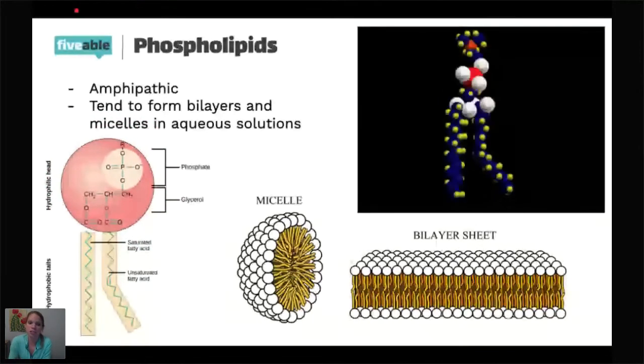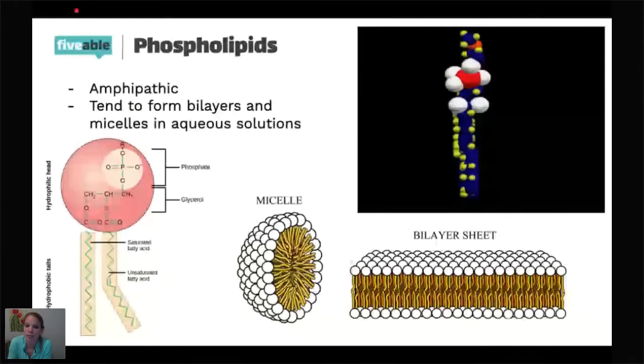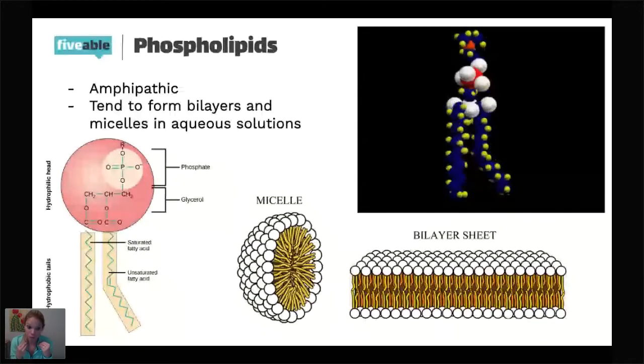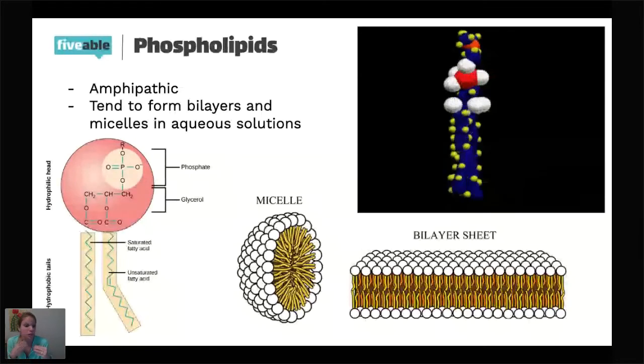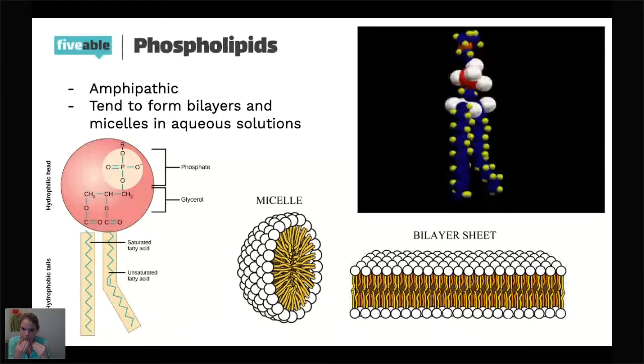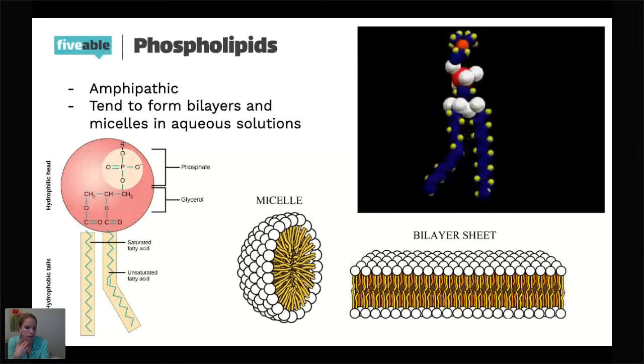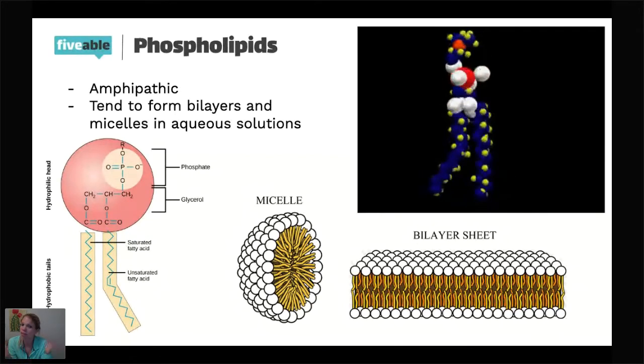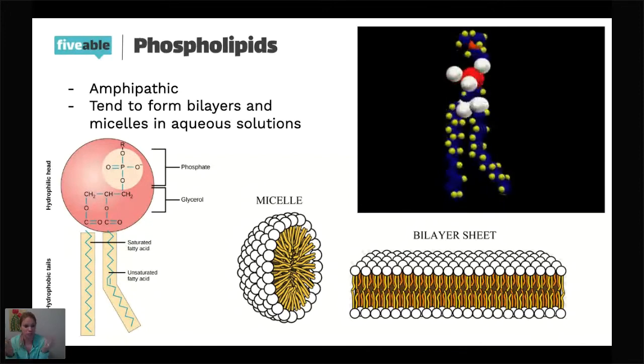Remember, guys, oxygen is highly electronegative. It is super greedy. It did not have siblings, apparently, because it never learned to share. And so oxygen is an electron hoarder, and that's going to make it super, super polar because it's got a very unequal charge distribution. And then the tails, on the other hand, are going to be non-polar. So you would think these two wouldn't go together, but they have some just magic chemistry that makes them work.